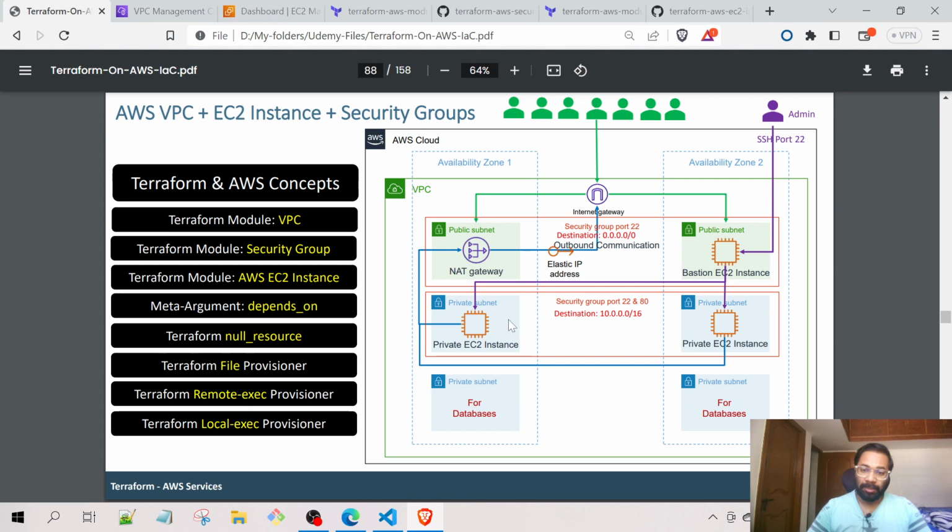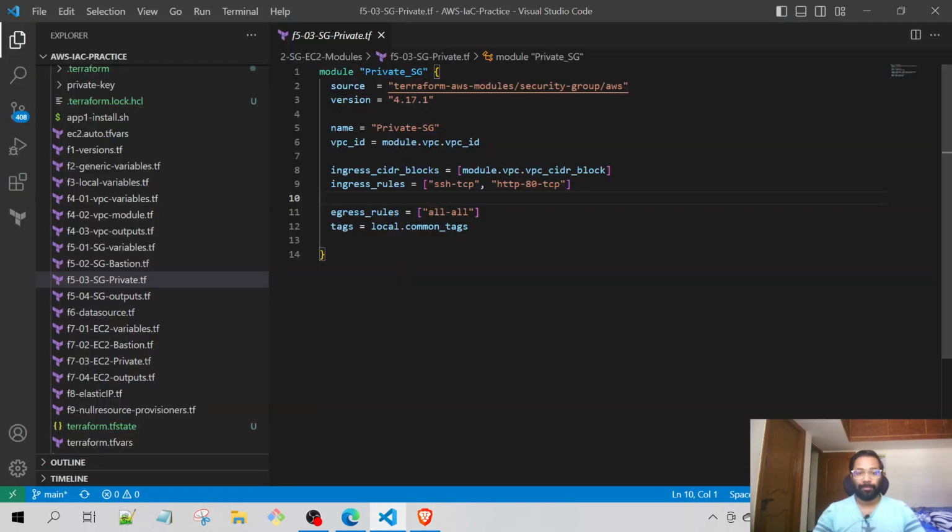Okay, and the destination from where it can accept the traffic, from which destination it can accept the traffic, it's going to be through the entire VPC. So within the entire VPC, the traffic can be accepted into this particular private subnet. So these are the two main rules which are to be implemented, and these two remain the same, the name